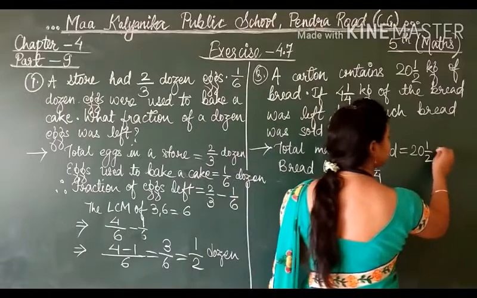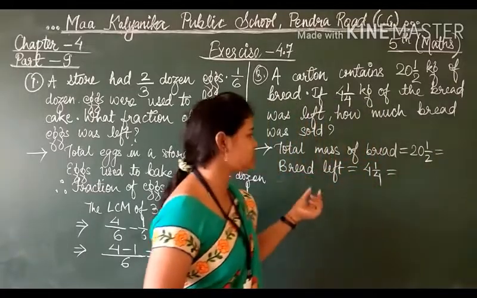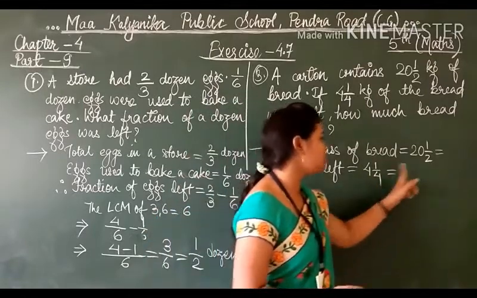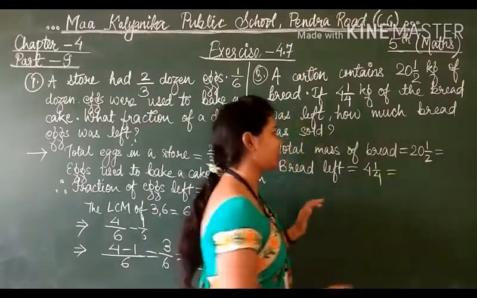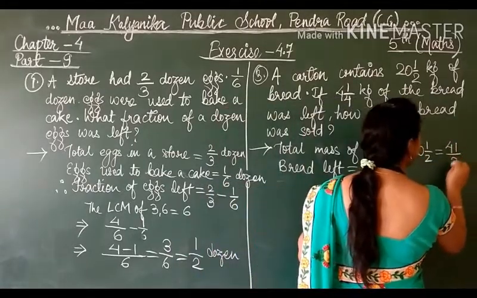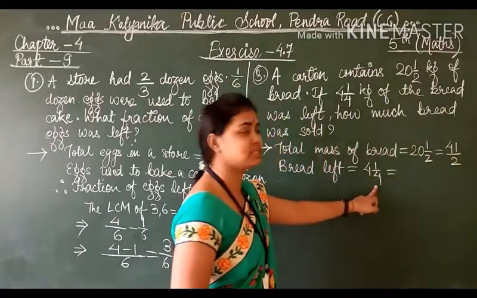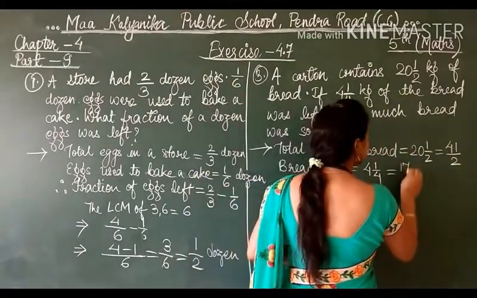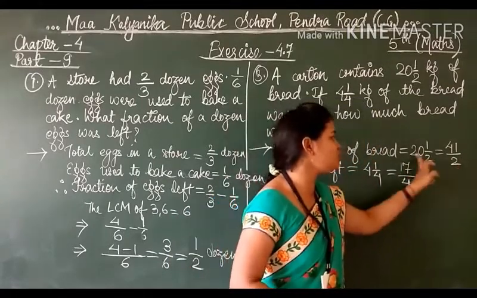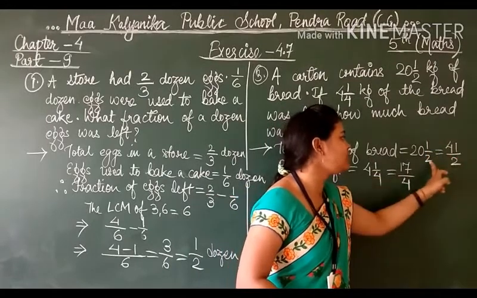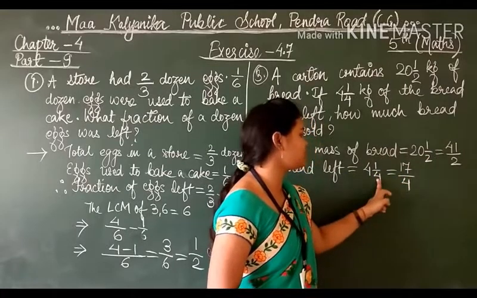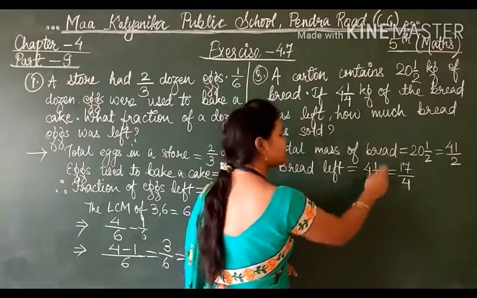So first we have to convert these fractions. These are mixed fractions, so we have to convert them into improper fractions. As 4 is here, 2 is here, it will be an improper fraction. So 2 twos are 4, 40 plus 1, 41 by 2. And here, students, 4 fours are 16, 16 plus 1 is 17, and the denominator will be 4. Denominator is 2 here, so 2 twenty-twos are 40 plus 1, 41. Denominator 2. Then 4 fours are 16 plus 1, 17, 17 by 4 because the denominator is 4. And this is the whole number, this is the fraction.